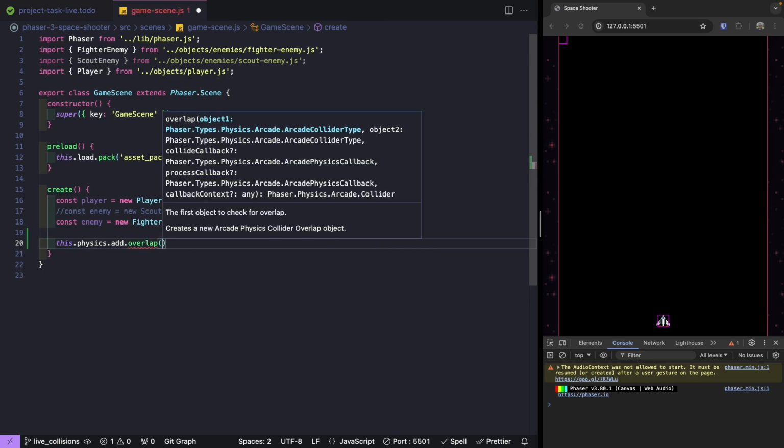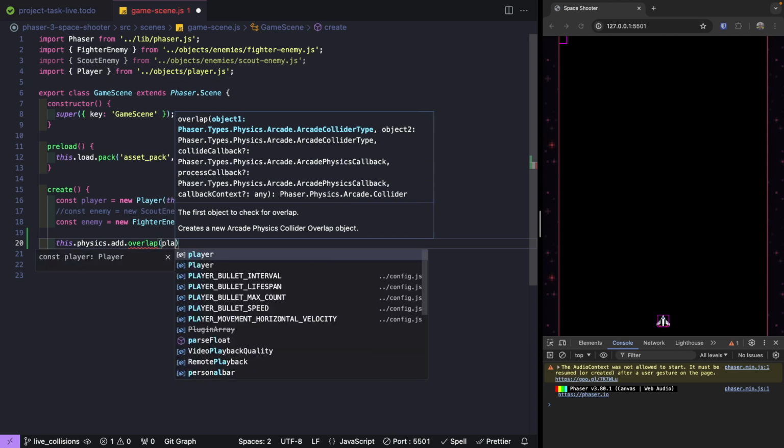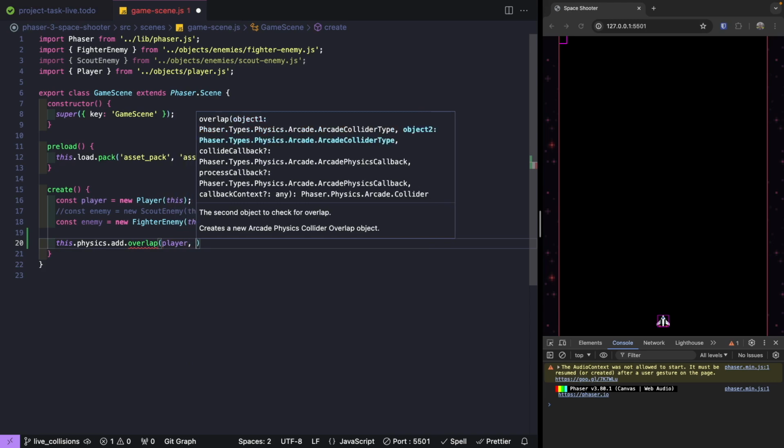For our overlap, there's a few different things we can provide here. We can provide a single game object that has the arcade physics body, we could add an array of game objects, and we can even add a group. So there's multiple ways we can check for overlaps between one and many game objects in our game. To start, we're going to check for our overlap between our player ship and our enemy ship, so we need to provide our two arguments here. We'll provide our player,